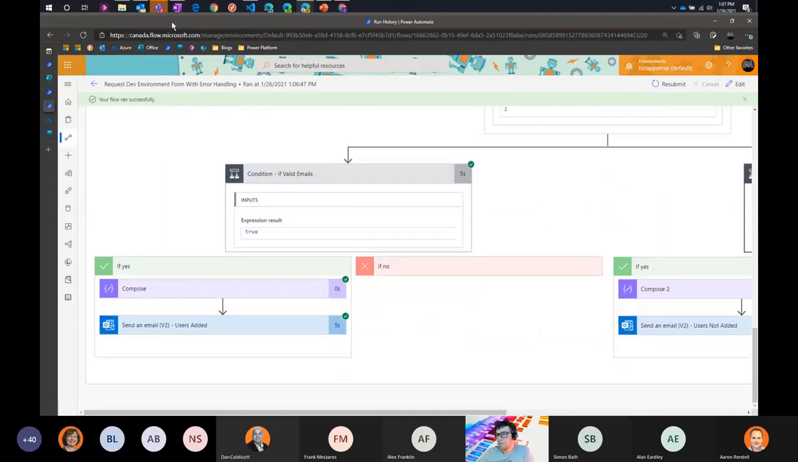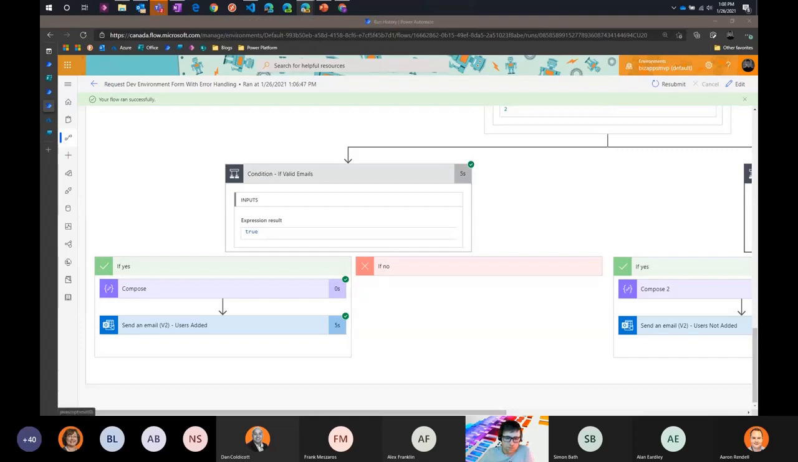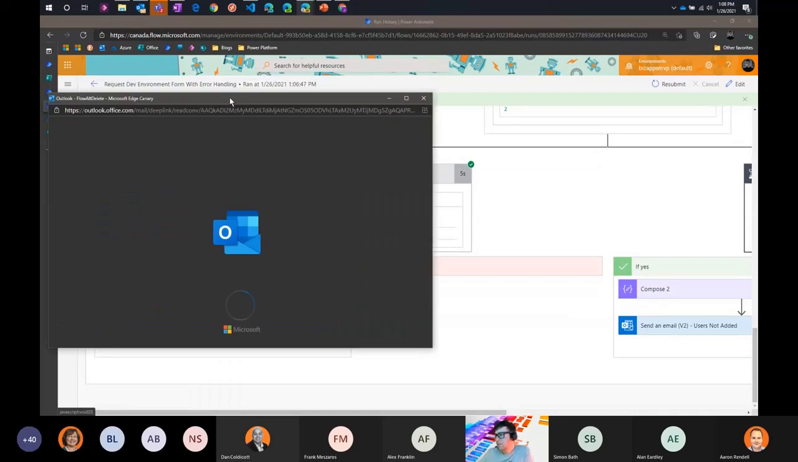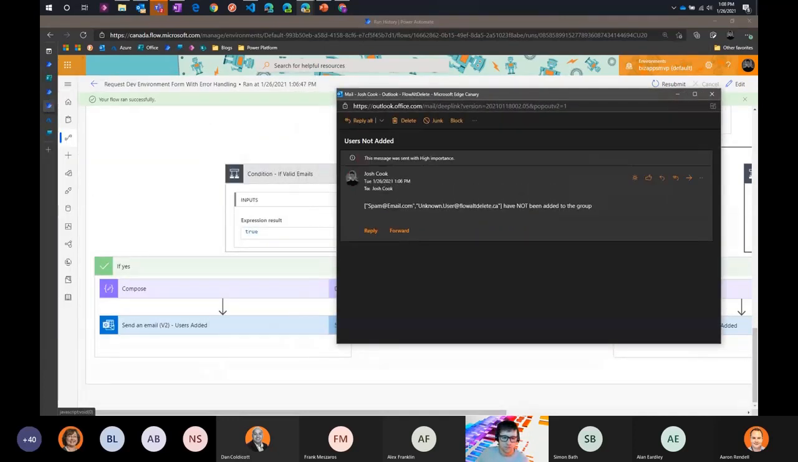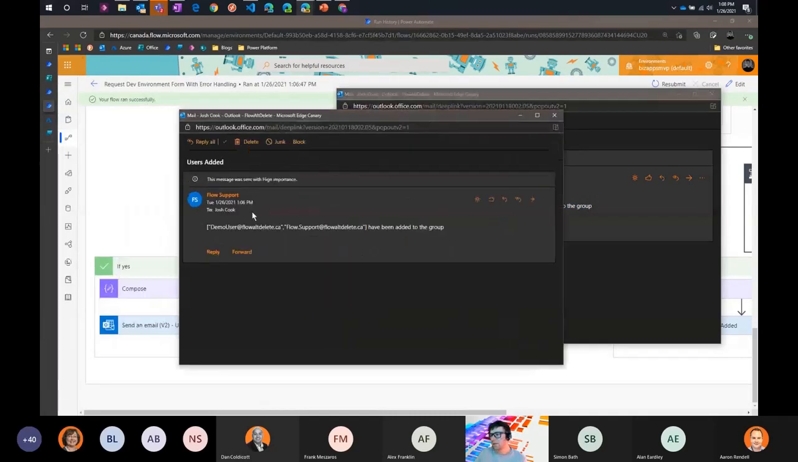And I do have my email open in another tab here, which I will show. I'll bring them over. So here is the, once it loads. So this is the users not added, and it's telling me exactly the users that were not added, spam and unknown user. And then my other one here is the success users have been added,